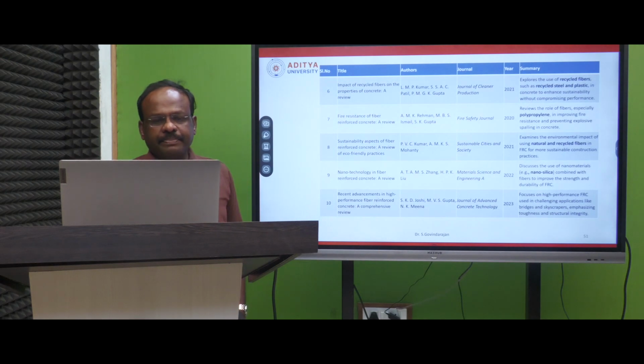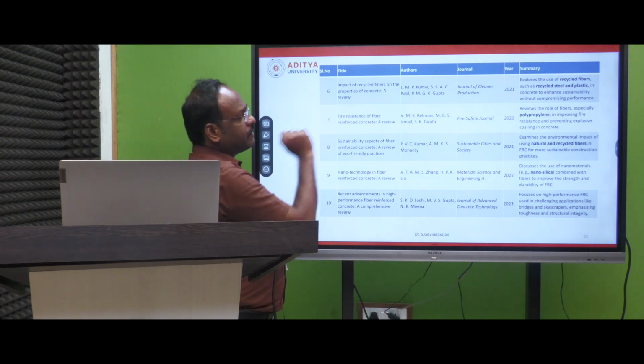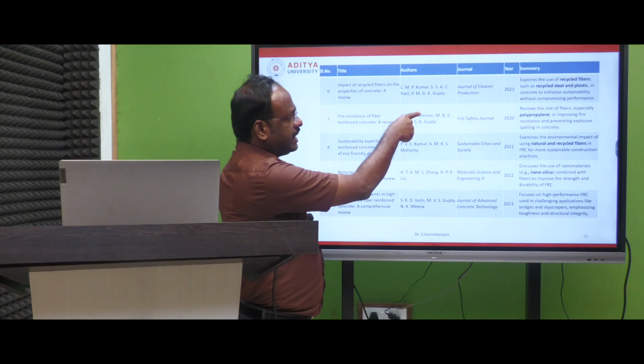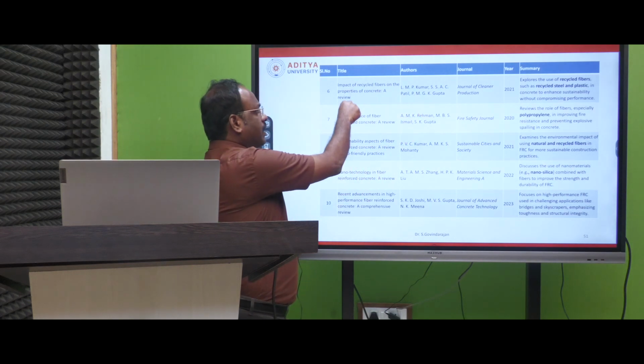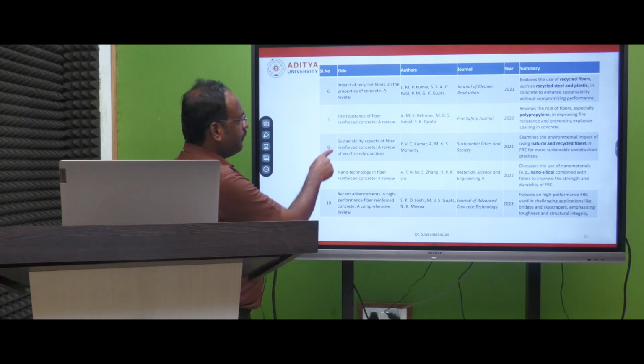Another one is the impact of recycled fibers, which they also use. What recycled fibers are there? Nylon, steel and plastic. These are all recycled fibers, and they were also connected to the tests. And fire resistance,